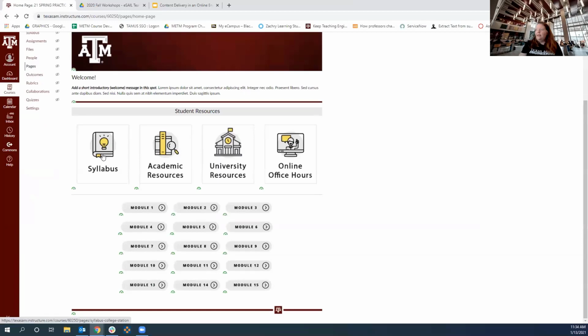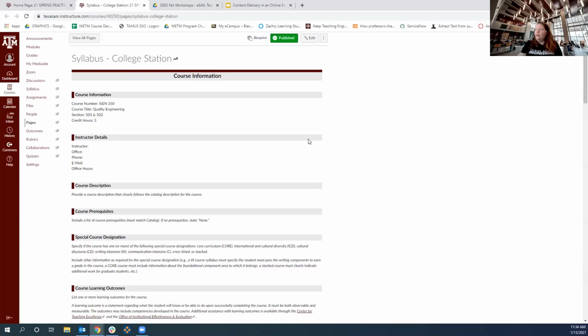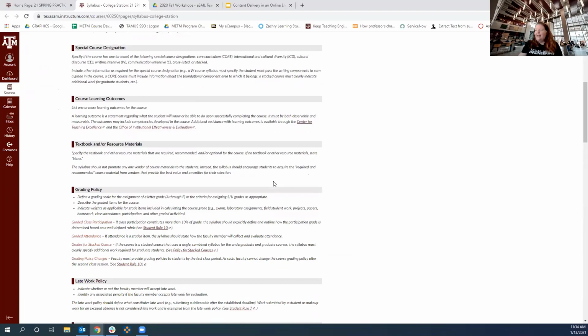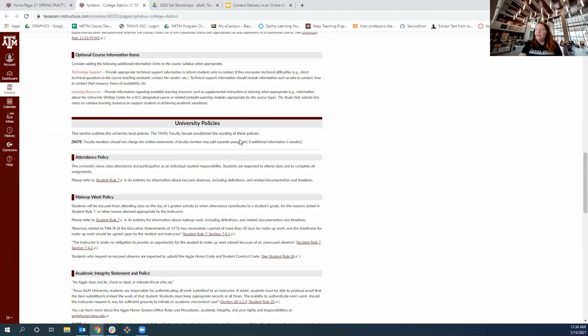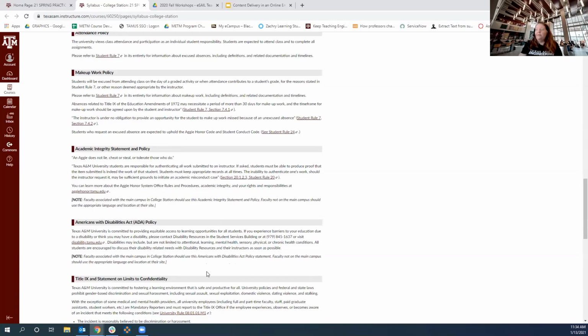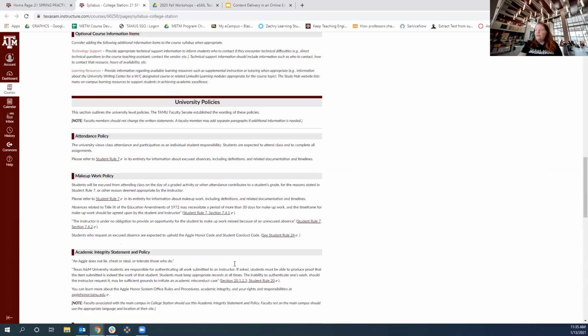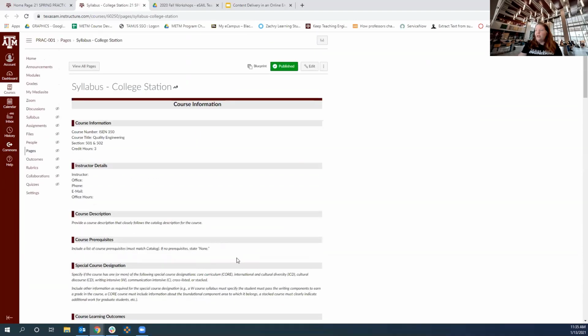And then the syllabus. One of the options you have is to use this syllabus page. And this is a page within the course that's part of the blueprint. And one thing you can notice here is it has all the sections you would normally have in your syllabus, and then it has all the university policies updated for you already. So that section's already there. What you could do is, if you already have your syllabus in a Word document, you could come in here and you can hit edit.